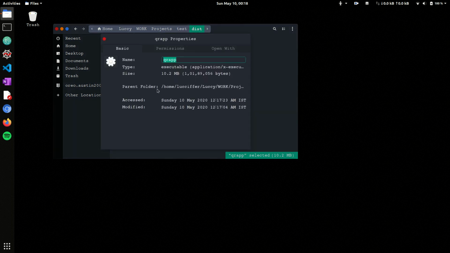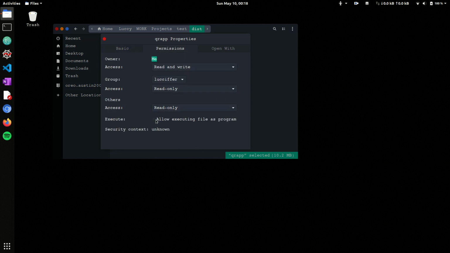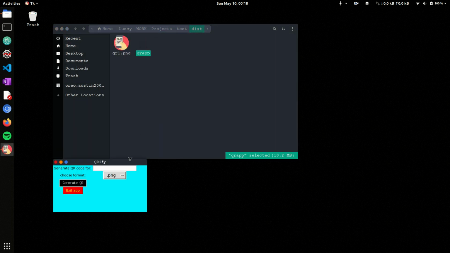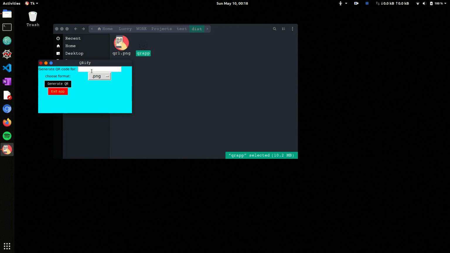It is not allowed to execute as an executable file. So to change that, I'll just go to properties and then head over to the permissions tab and check this allow executing file as a program. Once you check this, close this and just double click, and the QR code app is open, and you can test this by giving a dummy URL, google.com,